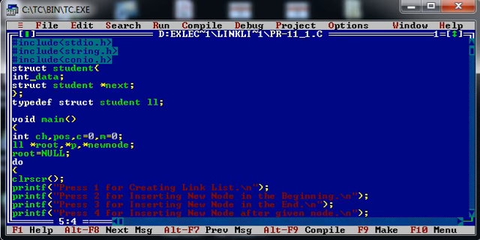The first member is integer data and the second member is the address to the next node, that is the pointer next. Over here I have abbreviated my student data structure with a small term called LL. So from now onwards I will use struct student as LL.